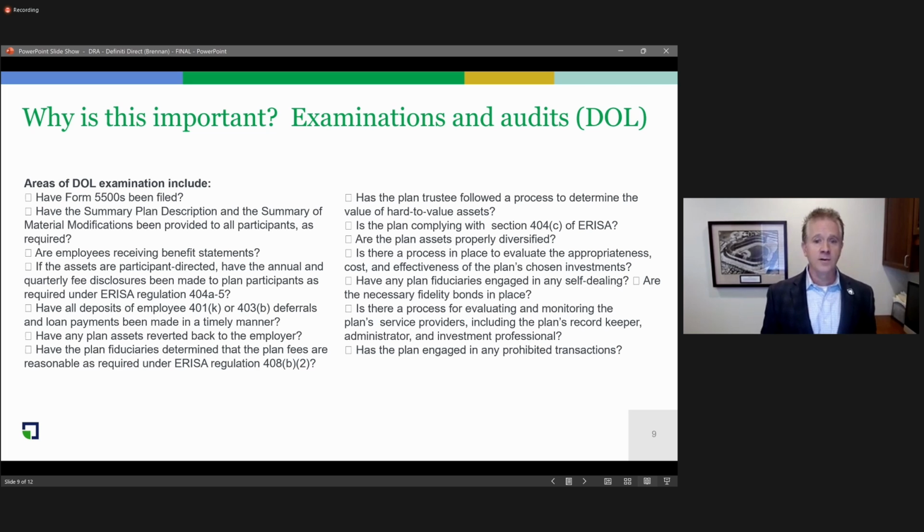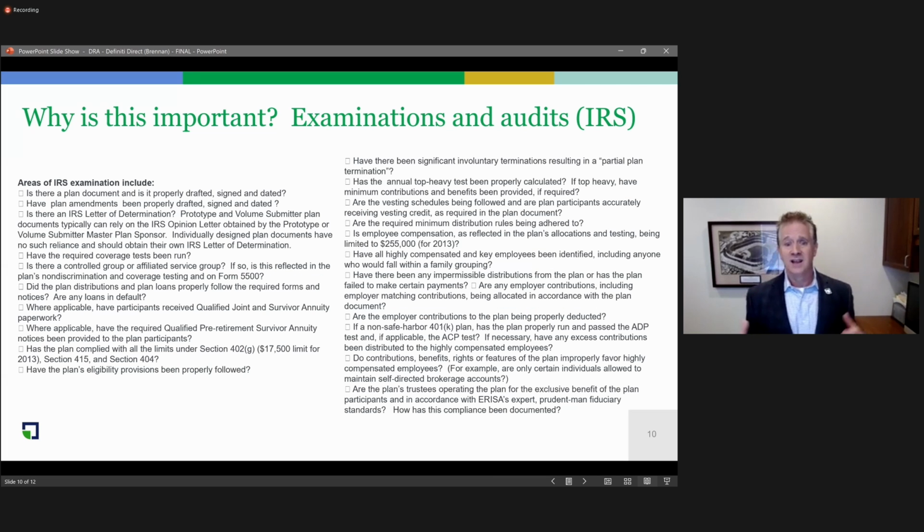If you take it a step further for an IRS examination, the laundry list becomes even longer. And again, you take a look at the items that they're requesting at the beginning of the examination. And again, it's all specific to the plan document and participant data that's typically associated with vesting. It's typically associated with transactions on the plan, eligibility, and ensuring that the plan is being operated in tandem with the way the plan document has been designed.